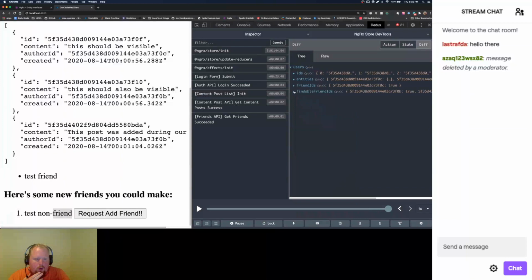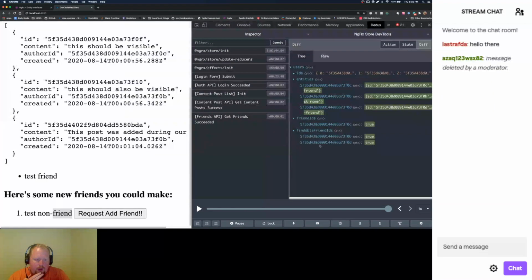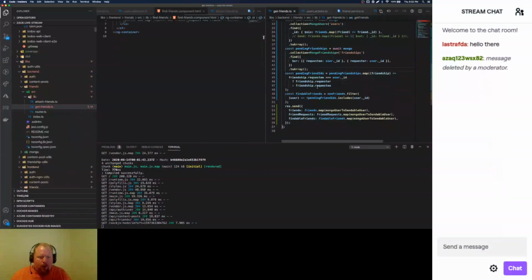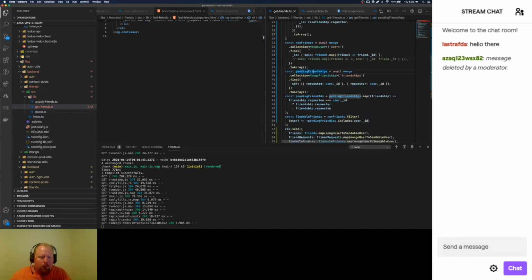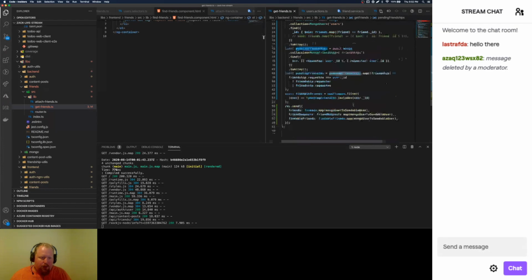If I go to findable friends, somehow I think we're filtering out our user. Yeah, that makes sense. I need to add that to the API real quick. Let's see if I can do that. To the API, we want to, yeah. The user themselves is coming up in the non-friends, not in the pending friendships. So I'll need to add another filter, user,